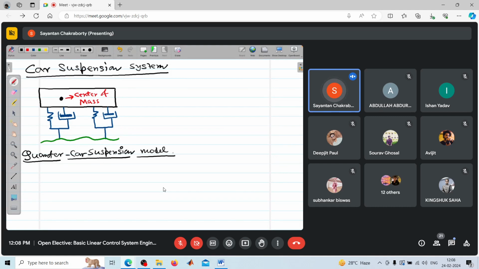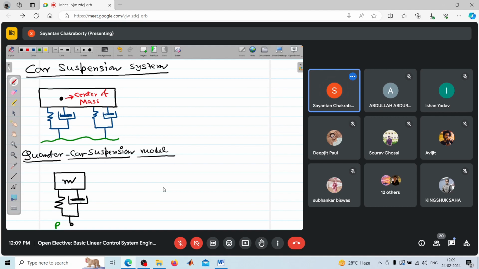That means you take the model of a single suspension or a single wheel suspension. Suppose this is your mass M, the damper, right? So this point P